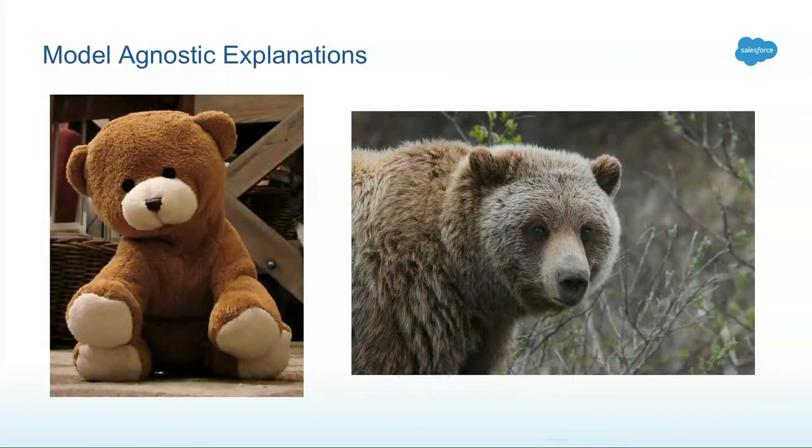Now you might say, isn't that a little bit like comparing a teddy bear to a grizzly bear? And yes, that's true. These easy explanations, the teddy bear explanations, might not always explain what happens under the hood of the more complex model super accurately. This is especially the case the more complex your data is, for example, if you have interactions between different features and all of these things going on in the black box model. However, sometimes people don't really want to see the grizzly bear, they just want to see the teddy bear.